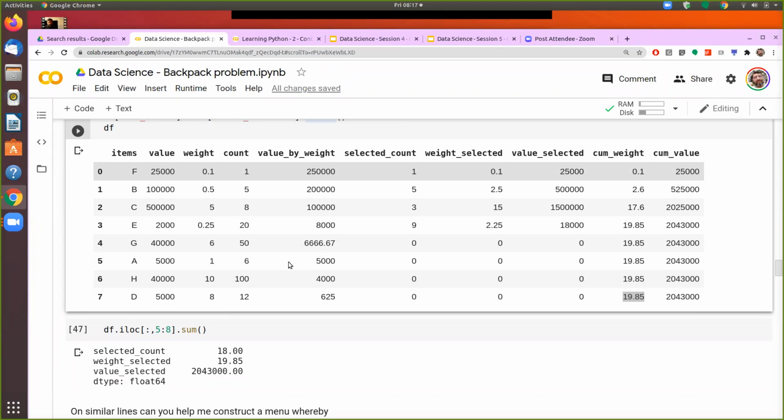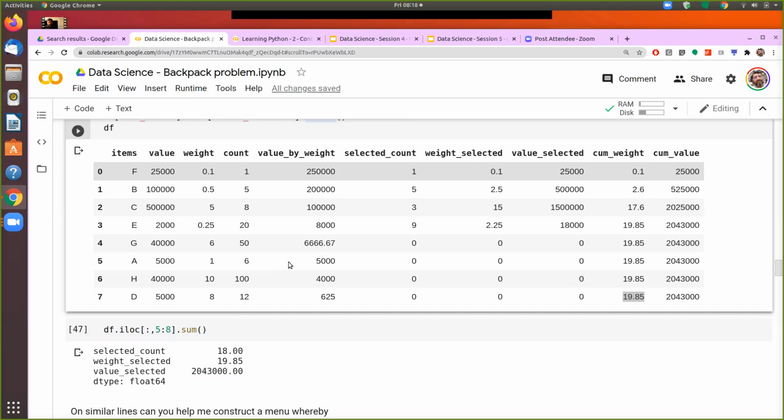So again, over the weekend, you should go through this example and try to understand it. My objective was to be able to solve it. It's not an easy problem to solve. I wouldn't say it's a very complex problem, but we have been able to solve a problem of medium complexity using Python. We have used several concepts in Python, like how to create a data frame, how to create a list, how to do the sorting, and then how to write a for loop, how to use different commands inside the for loop. That we have done.